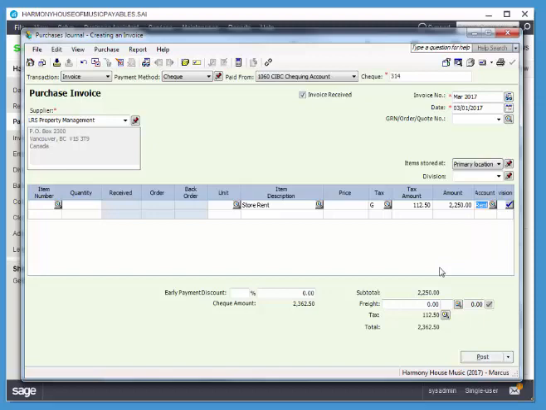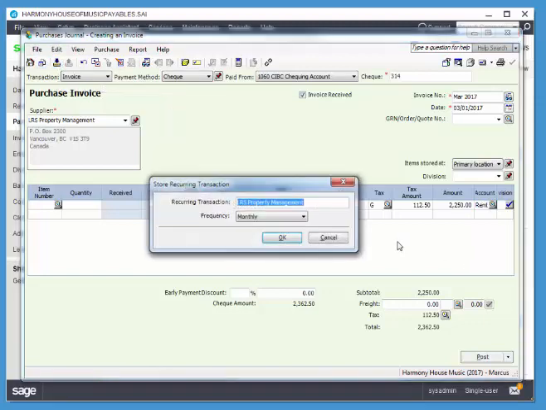Now we pay this every month, so instead of keying this in, we can just store this as a recurring transaction like we saw with the general journal. The only thing that will change when we recall it is the date. Everything else will remain the same, so that'll bar errors. So I'm going to use this little store as recurring transaction button that we saw before with our general journal. And I'm going to call this store rent,